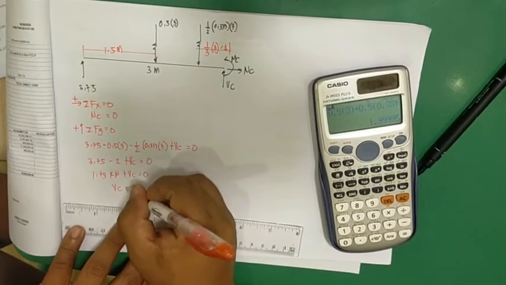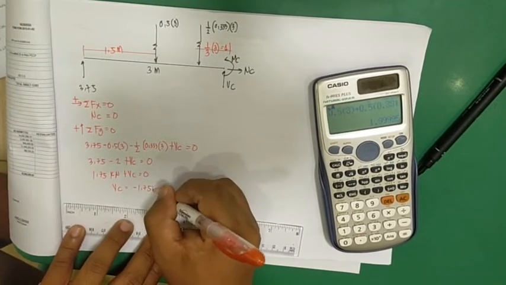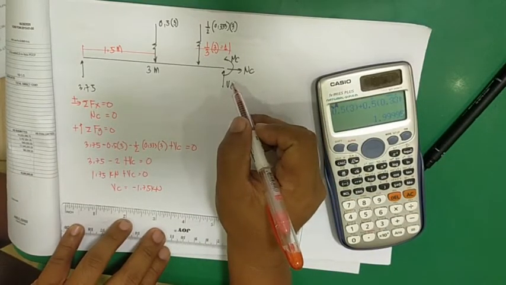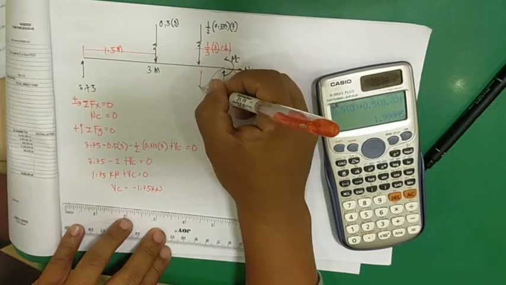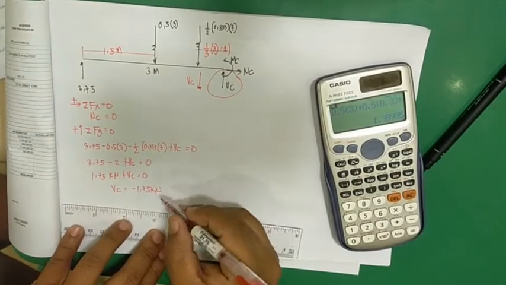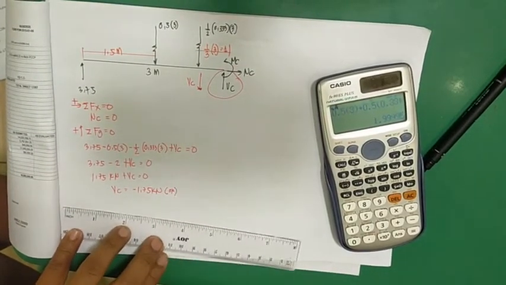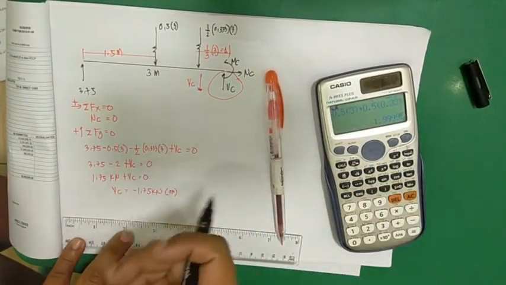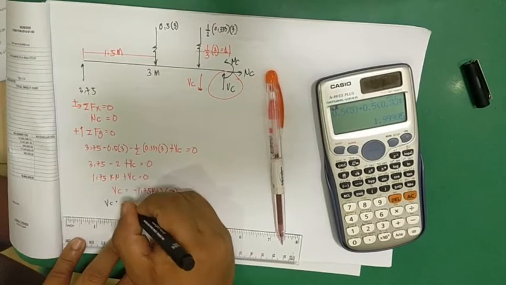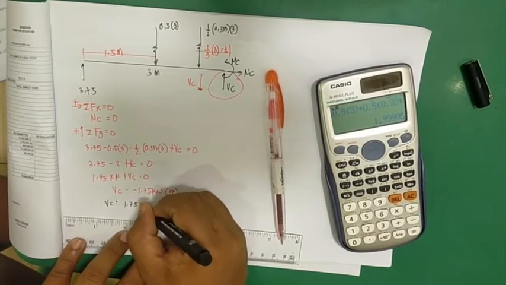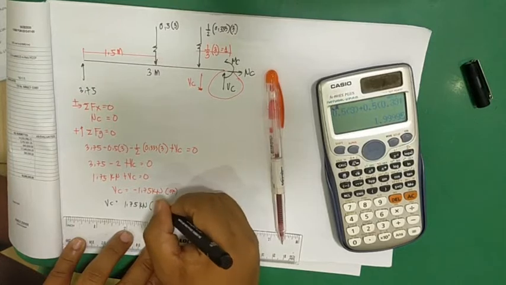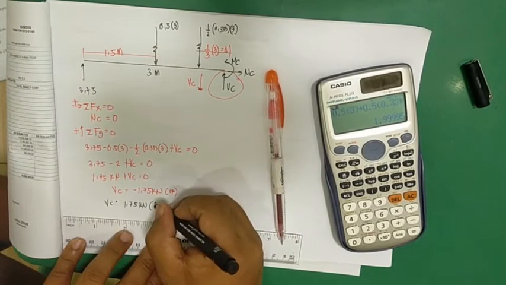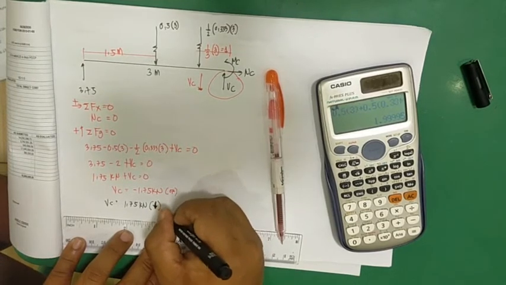So BC is negative 1.75 kilonewton, which means the assumption of BC should be like this. Okay, so this is okay, but the better way to present that one is BC is 1.75 kilonewton. Sorry, downward. Okay,